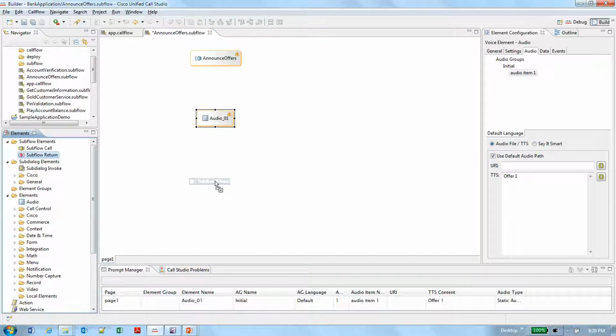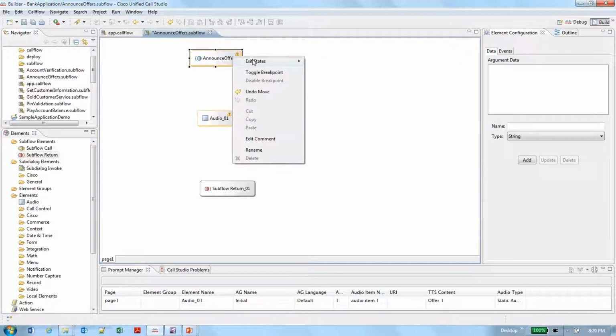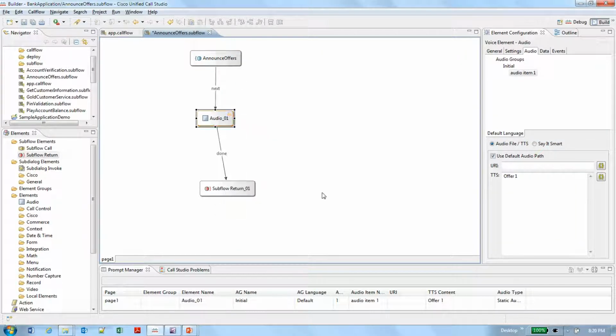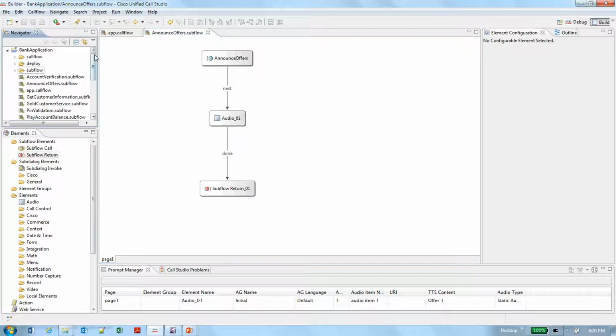Let me drag and drop a subflow return element. Complete the subflow. This completes the subflow creation. So now we have a new subflow, announce offers, which is added to the bank application.